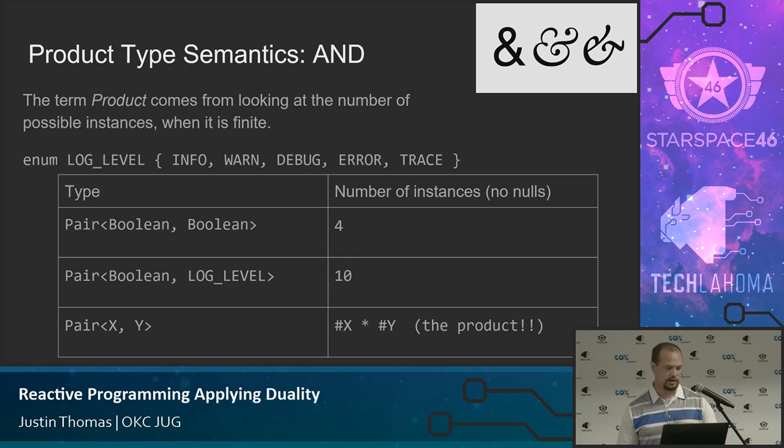And in general, here's my mathematical notation. The size of the pair is the product of the sizes of the 2 types. That's why it's called product type. So fairly straightforward. And of course, this is true whether I would have used Pair or whether I used Map.Entry or whether I would have used